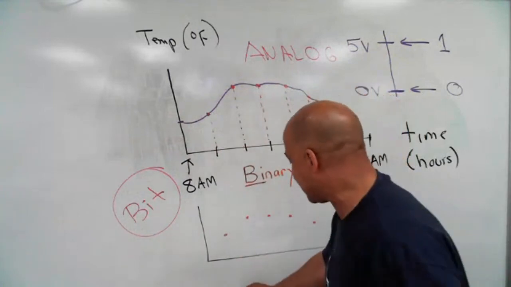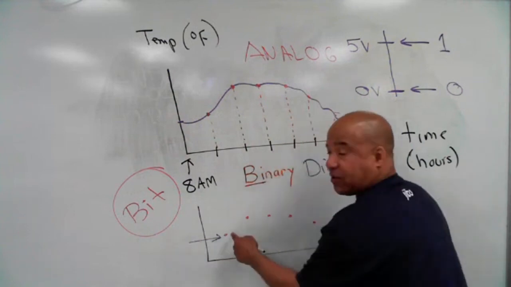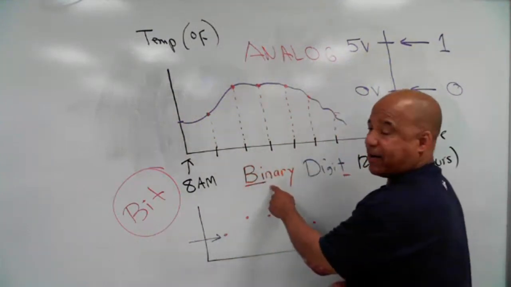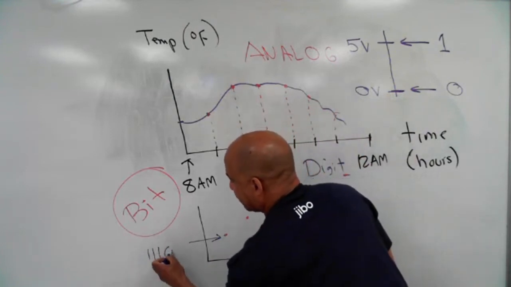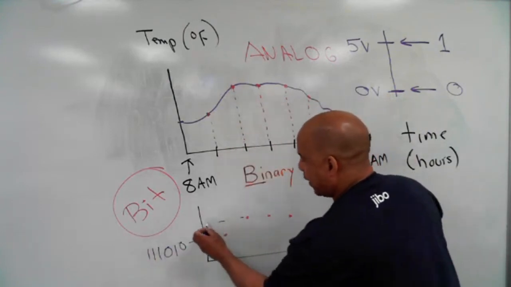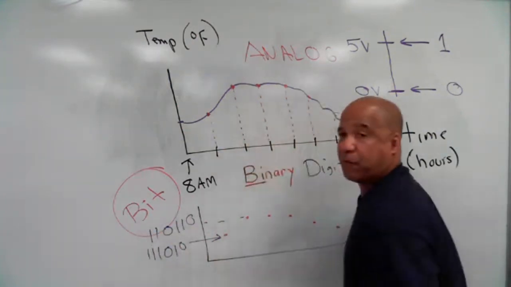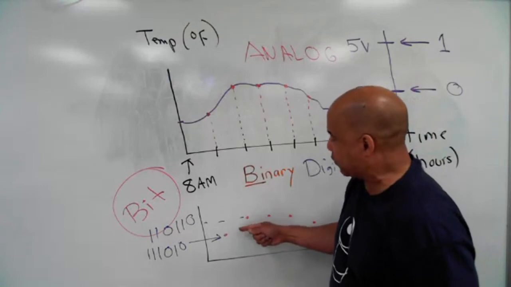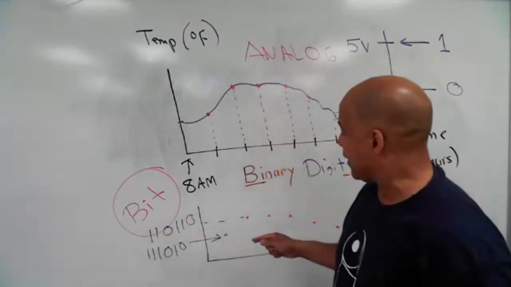But then what I've got to do is give this a value, and that value is going to be a binary. So maybe that point has a binary representation like this. And then this point has another binary representation, maybe like that. It'll be an equal number of bits, but each individual point has its own code, and that code is unique